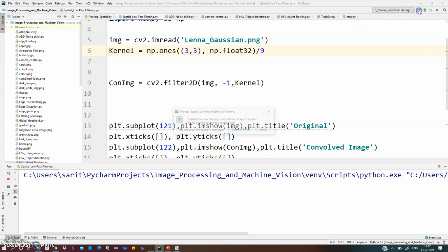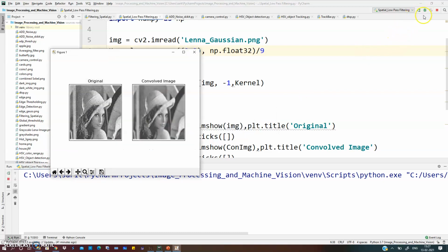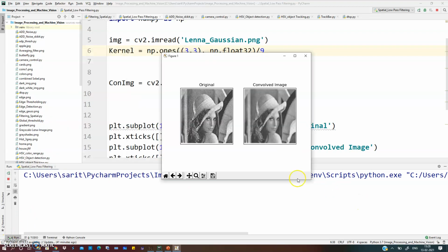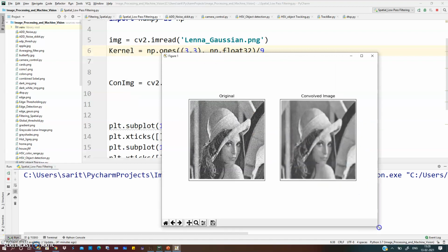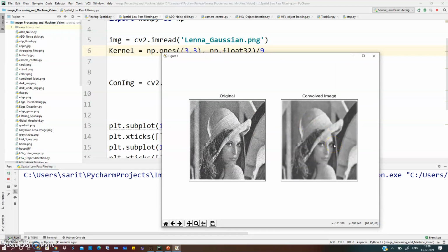Let's run it. Yes, you can see here the effect of blurring has reduced. I will zoom it so that you can view it. As compared to the 5 by 5 kernel size, this blurring effect is less in this image.